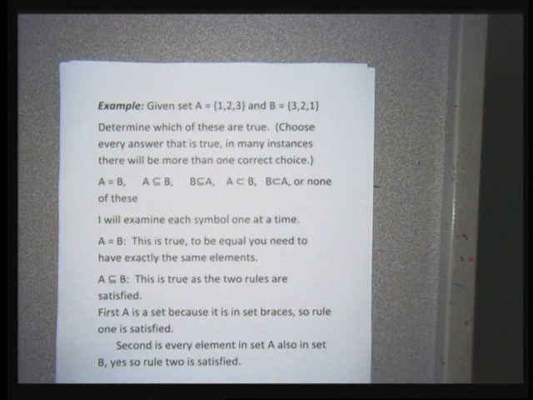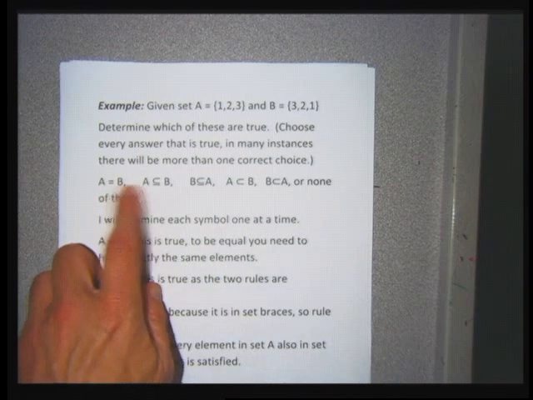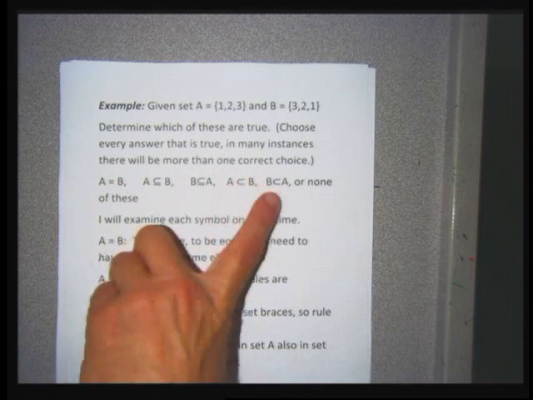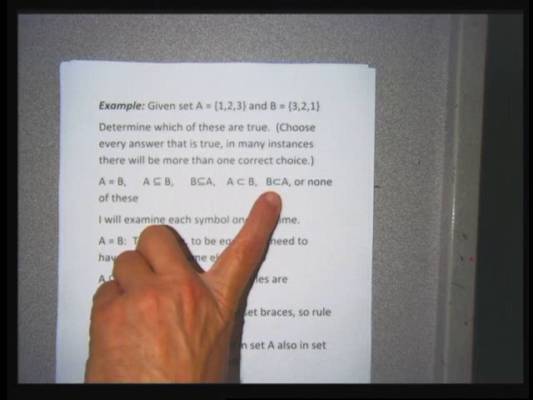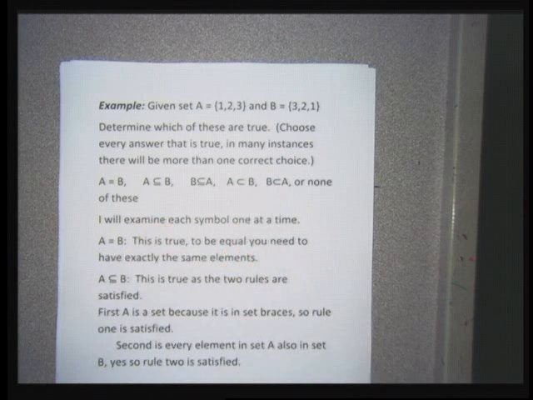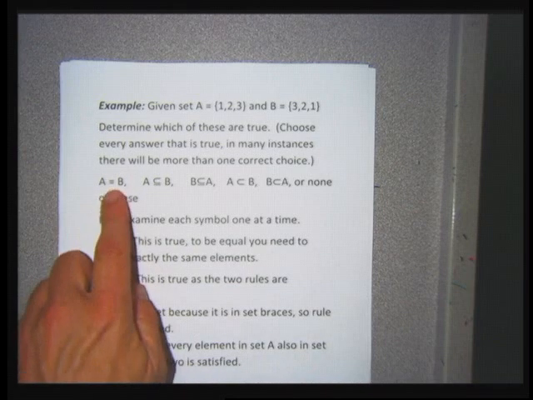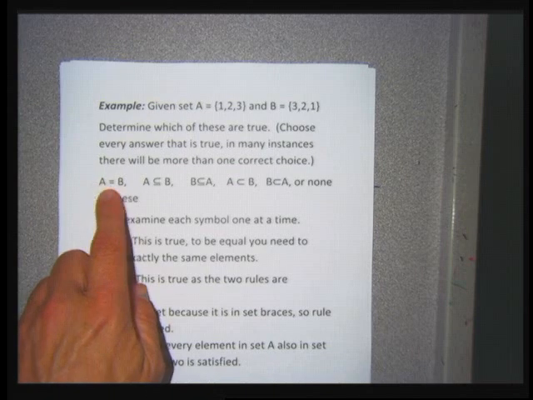And so what I'm going to do is one at a time, check each of these 1, 2, 3, 4, 5 symbols, figure out which one is true, and for an answer to this example, I'm going to write any one that's true. The only thing that we haven't done for a while is equality. For 2 sets to be equal, they have to have exactly the same elements, but the order doesn't have to